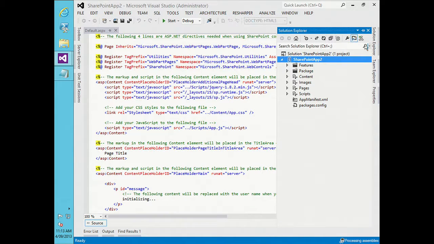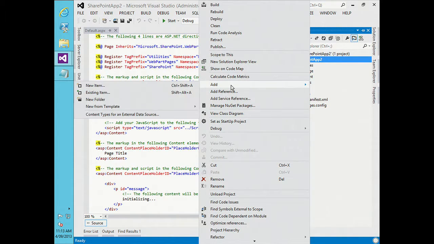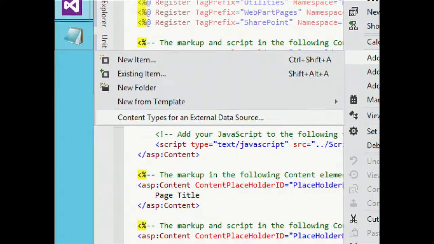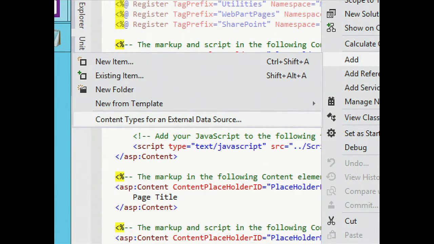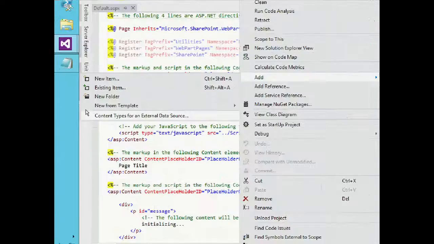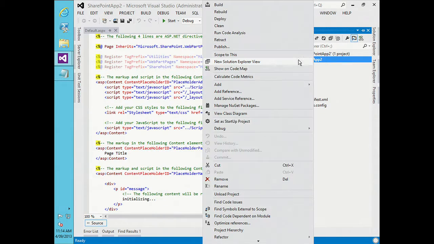So what I'm going to do here, I'm going to right click on my project and I say I want to add, and you'll see here there's an option now in a SharePoint hosted app that says content types for external data source. It's listed in the menu here specifically. All right, so if we call out to that,